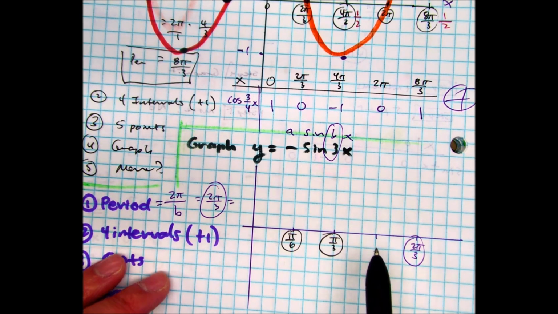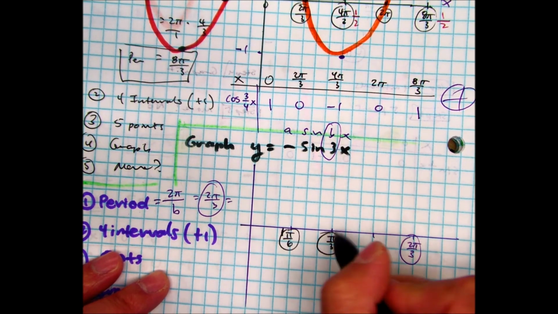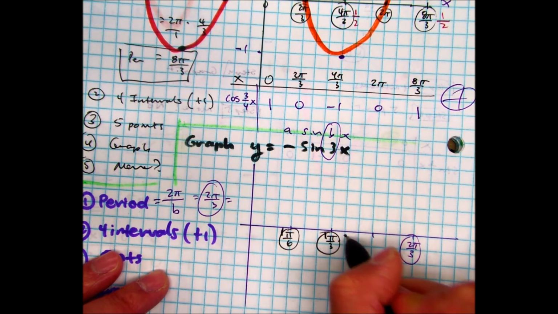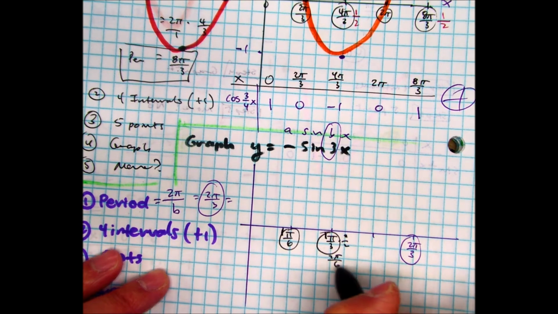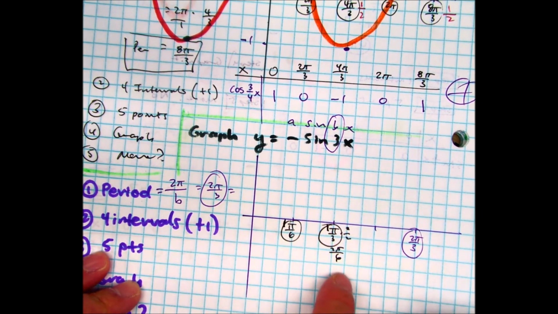Did you get 1/9? No, you should not get 1/9. You just have to multiply by 2 over 2, so you have 2 pi over 6. So 1 pi over 6 plus 2 pi over 6 gives us